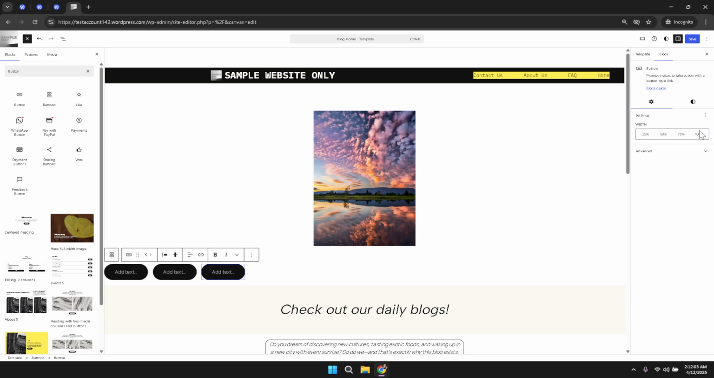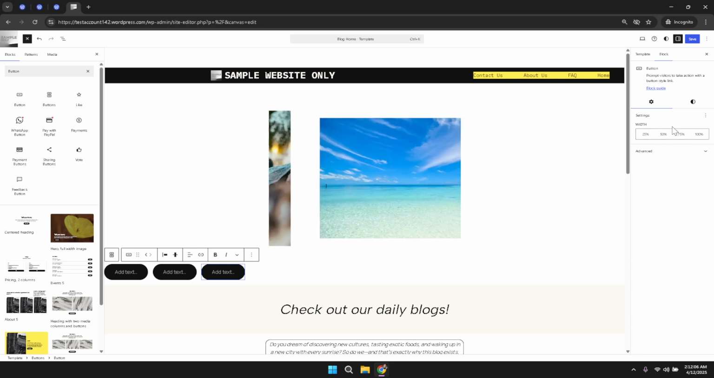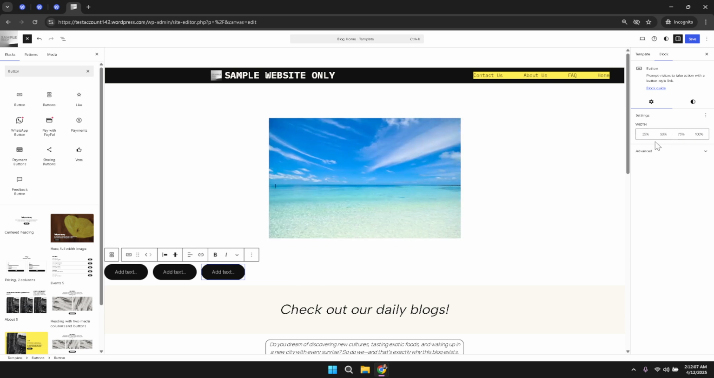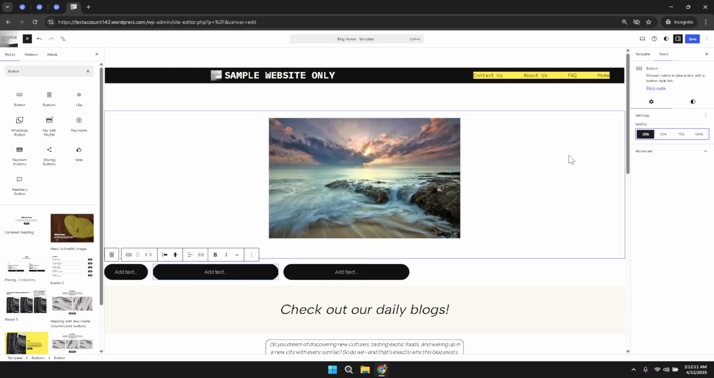Choose the correct percentage value to achieve equal width buttons across your design. By setting the appropriate percentage, you ensure that your button is responsive and maintains its proportion regardless of screen size. This detailed process not only customizes the appearance of a button, but also contributes to a more balanced and professional